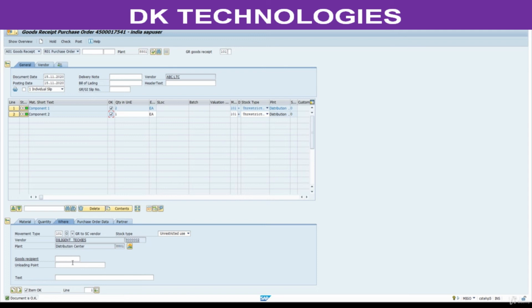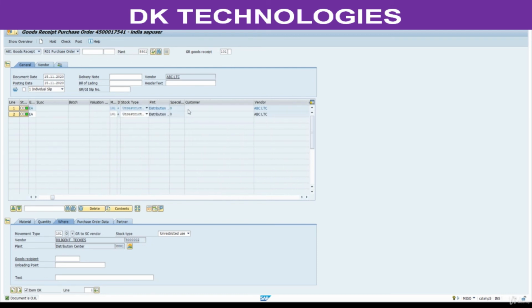System didn't ask anything about the storage location. The reason why it didn't ask anything, because we are not going to receive any physical components to our storage location. See, that is the reason. If you see, storage location is blank. Why is it blank? It is getting delivered directly to the subcontract vendor.